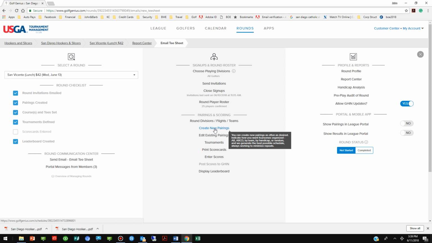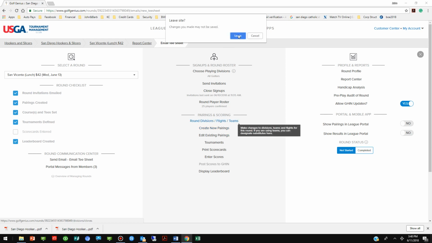And then at some point, when that's all done, you need to log in, and now they're ready to start signing people in and collecting money. You need to go to the rounds, and because if you're having a skins game, you need to be able to add the players to that skin game because it's an optional game. So we're going to click on rounds division,